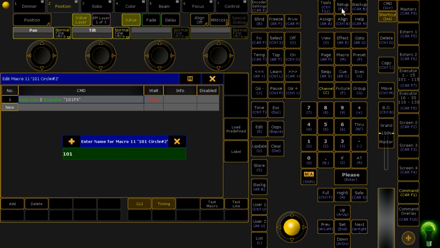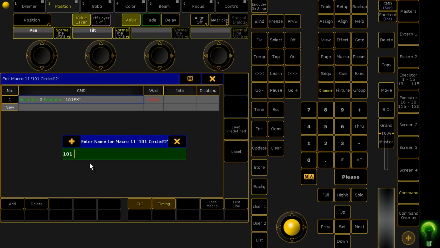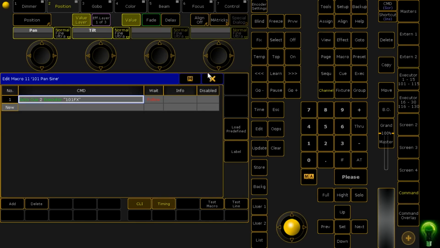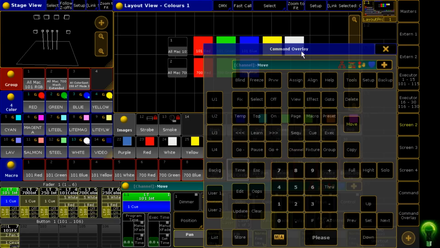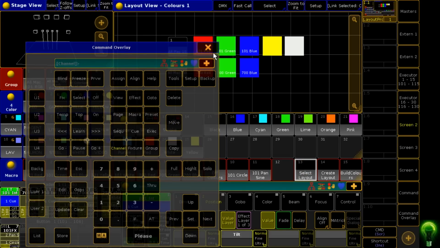Oh no, press insert, that's right. 101 pan sign. And once again, we'll check that they work. Pan sign. Pan circle. And I'm just going to move my select macro over because we want to do